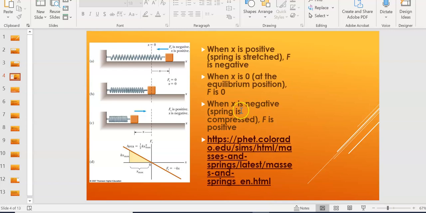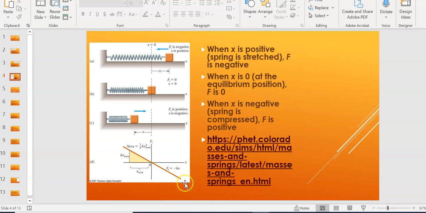Now, if you were to plot what the force looks like, here you have F is equal to minus kx, right? That's our Hooke's law force. Then you can see that you have a linear relationship between the force and the spring's displacement from equilibrium. It looks like a straight line here, all right? So this means that unlike the force of gravity or something like that, this is a non-constant force, okay? It changes depending on the conditions,